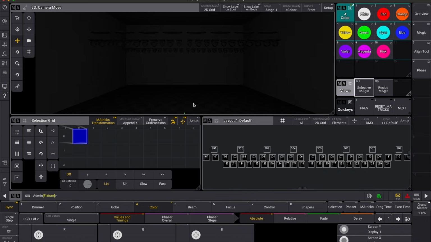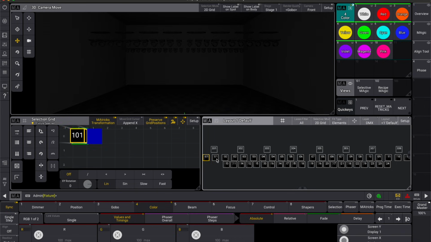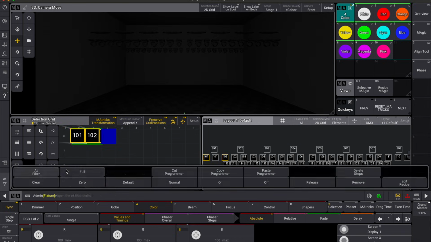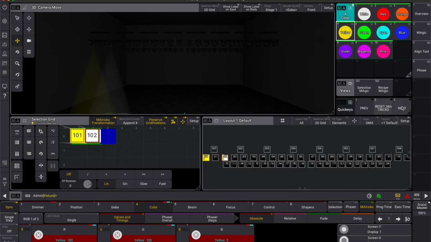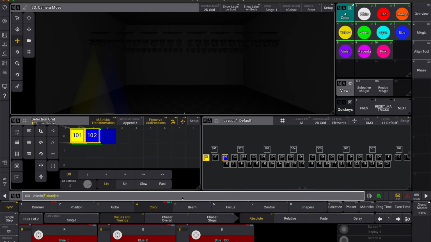Now the first one we're going to look at is the magic preset method, which I'm going to divide into two parts because there's two ways of using magic presets, which we'll get into in a second. But basically, if you've never used a magic preset before, if you select two fixtures of the same fixture type, turn them on, and then set your start and end values by using the next. So we'll say first yellow, next blue, then reset the matrix. Then if you store that selectively, so